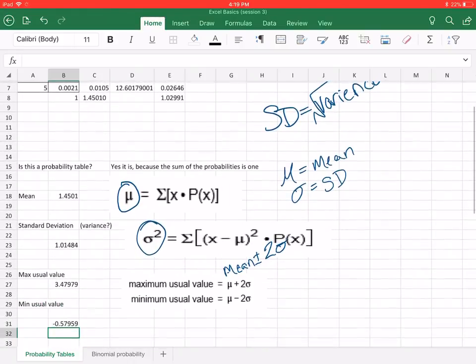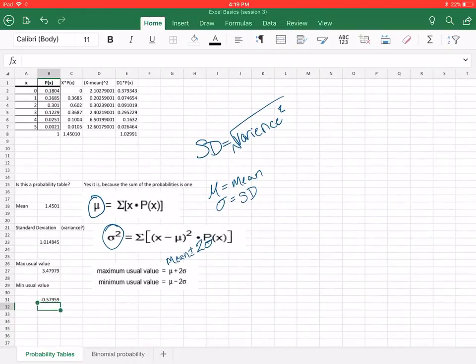So that's how you work with probability tables, and those are what the different meanings of the equations are and how to look at the equation and then make a chart for Excel. And now if I was to have more values or less values, I could manipulate this chart and just solve, and I wouldn't have to completely re-input all of